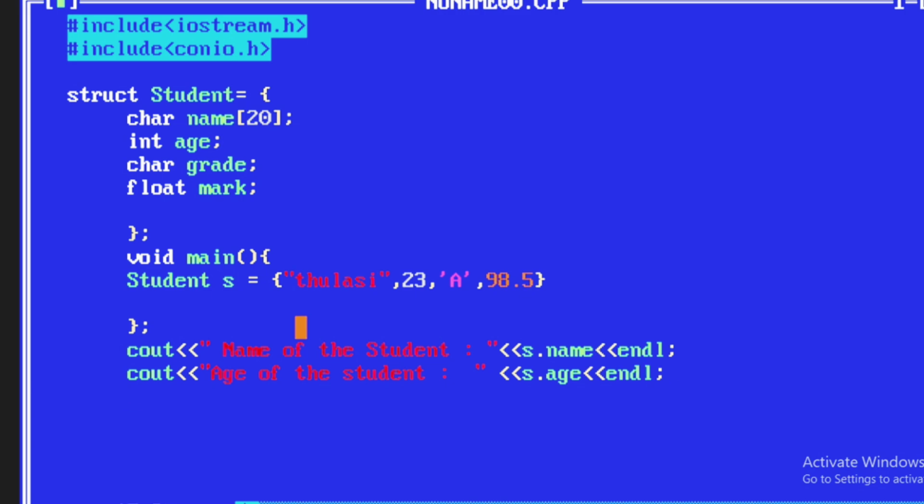The next, cout and give, what is that, grade or mark, whatever it may be, you have to give grade of the student. And